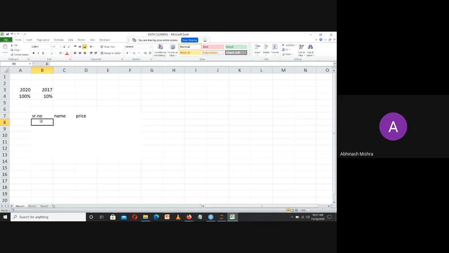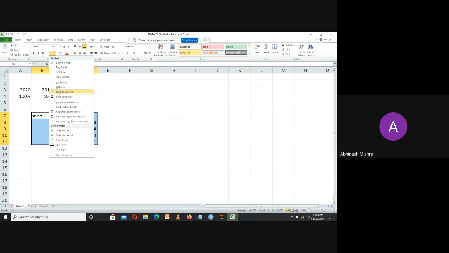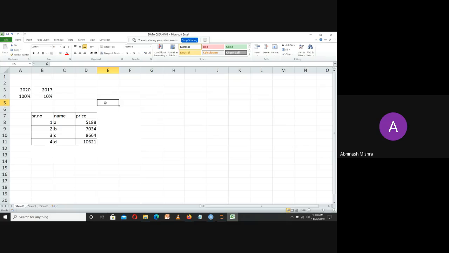Suppose the serial numbers are 1, 2, 3, 4, the product names are A, B, C, and D, and I have a price with me, say an integer. Suppose I have this data with me.